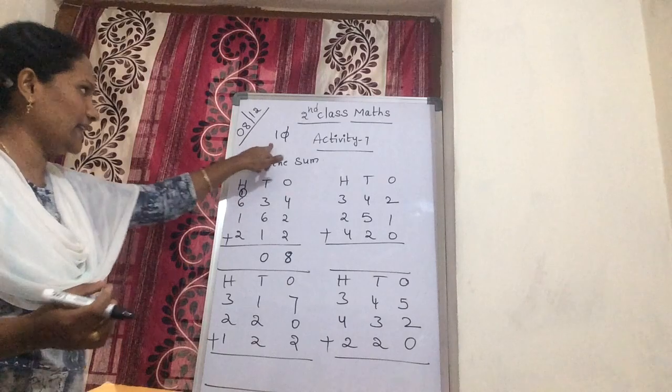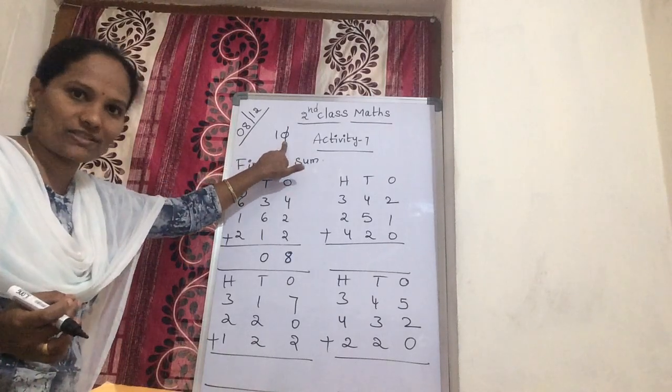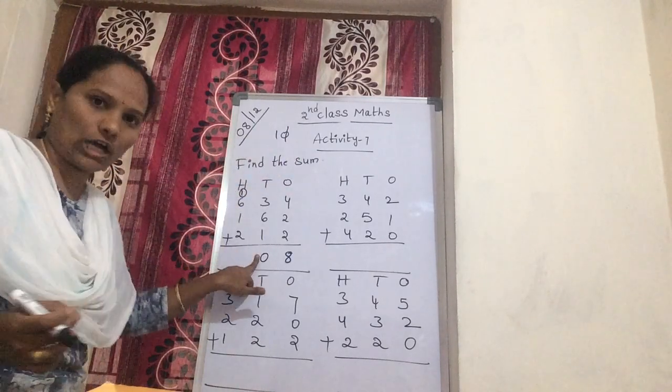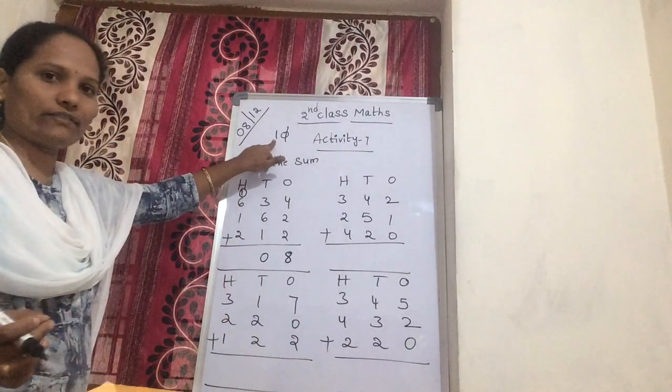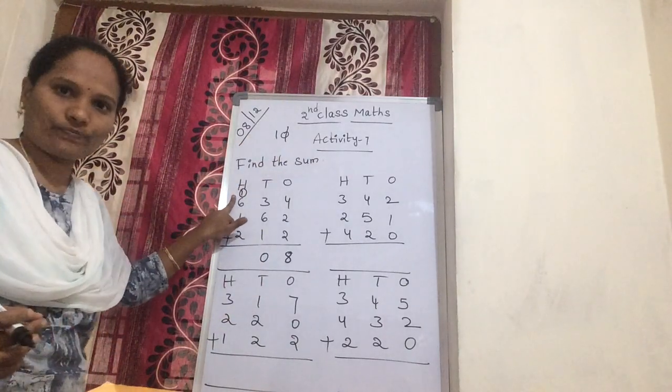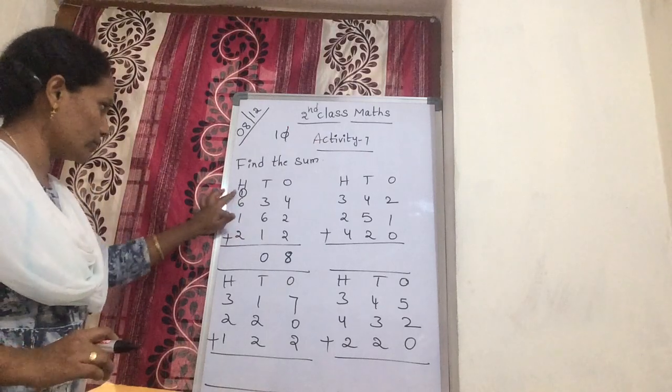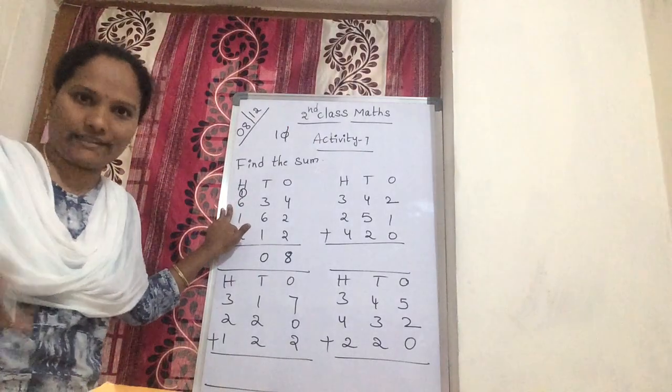Now another method. In 10, 0 is the first number. First always keep down. Now 1 is the second one. Second always carry over. Okay. Now the carry is added to this number. Always the carry is added to the number.